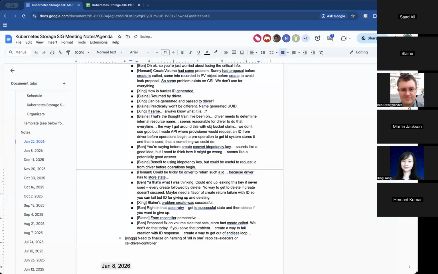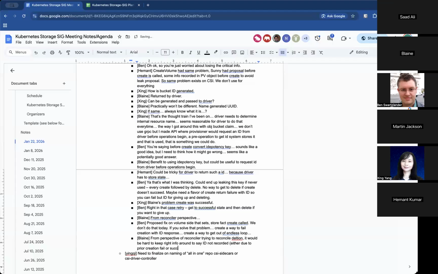Right, and from the perspective of a reconciler trying to reconcile the deletion of this thing, I think it would be hard to keep the right information around that says this thing doesn't have an ID recorded. I don't know if that's because the prior creation failed or if the prior creation succeeded and then there was a hiccup.